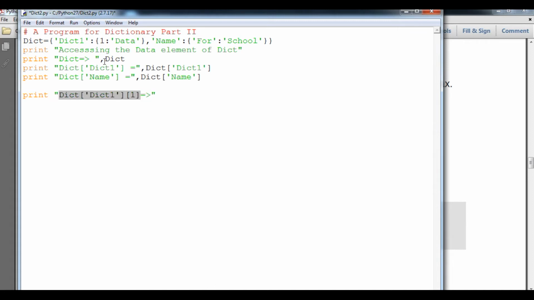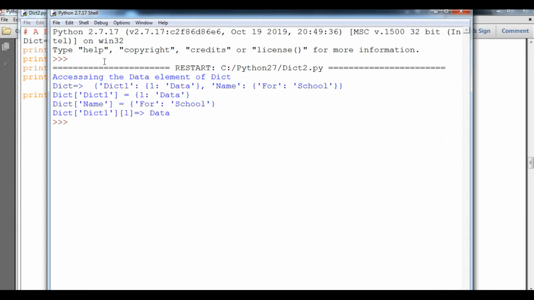So what I'm going to do, student, is copy it and paste it here. So now you can see the output will be only data, because data belongs to one key of the dictionary, inside that one key, the data.